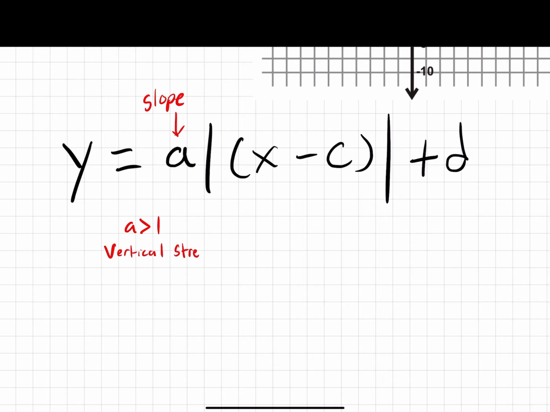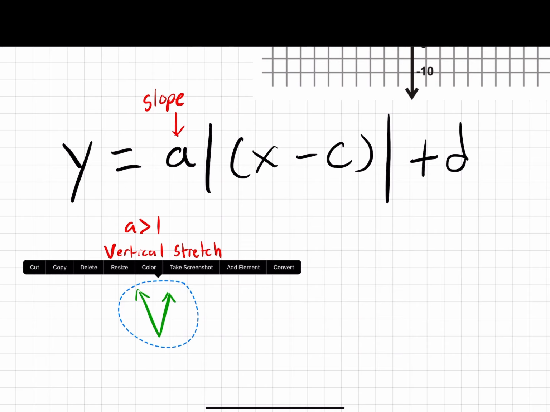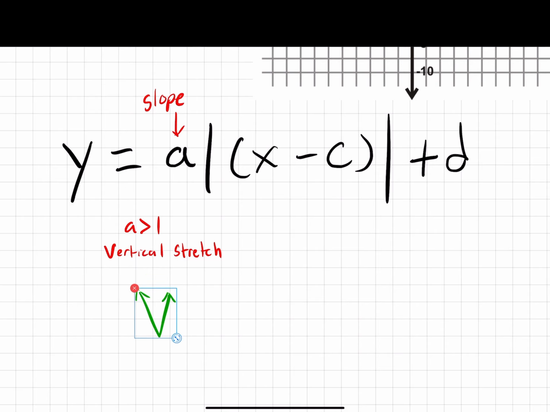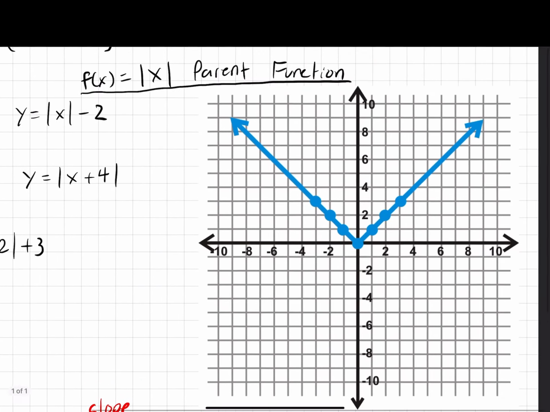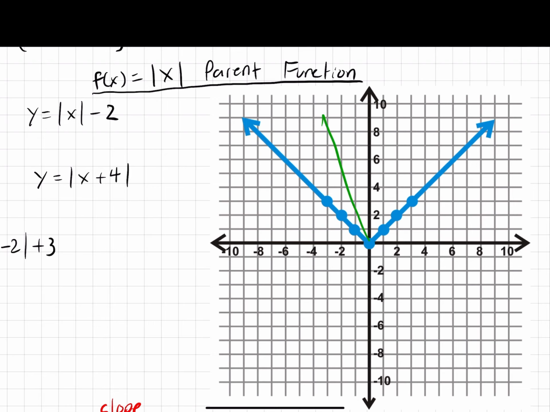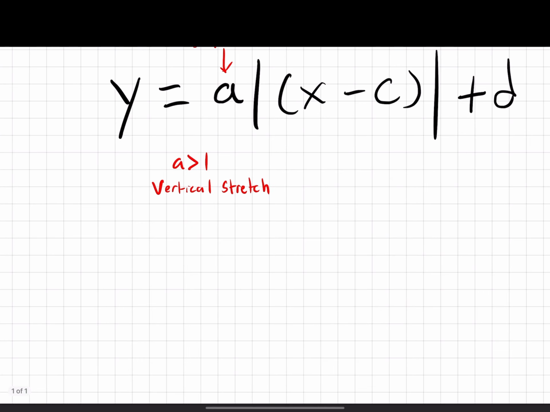stretch. So imagine I take the arms of an absolute value function, and then I'm simply going to make it taller and taller and taller. Something that looks like our absolute value function, it's going to just look taller. It's going to grow faster and faster and faster than it normally would. Whereas if a is less than 1,